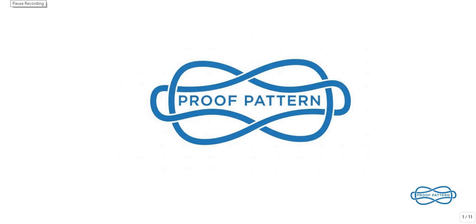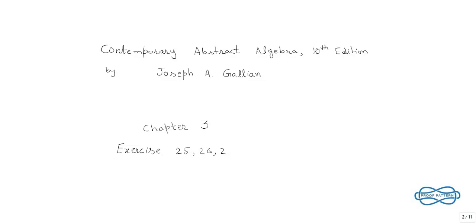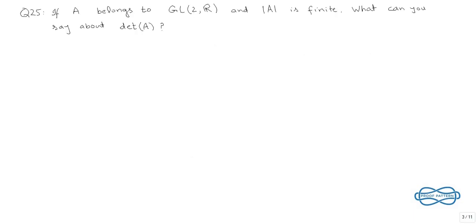Hello and welcome. In this video, we'll solve exercises 25, 26 and 27 from chapter 3 of the book Contemporary Abstract Algebra by Joseph A. Gallian. The statement of question number 25 is, if A belongs to the general linear group of 2 cross 2 matrices